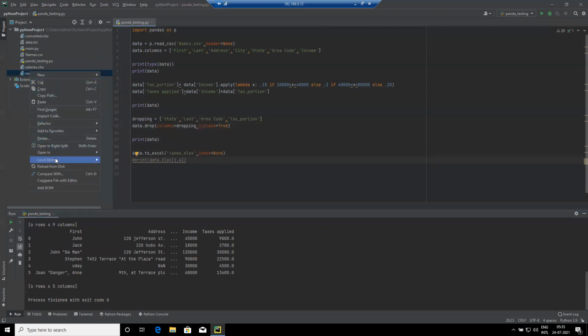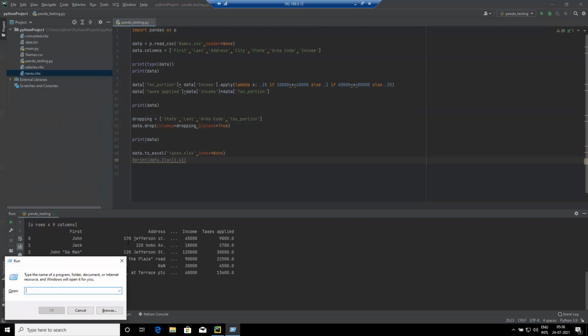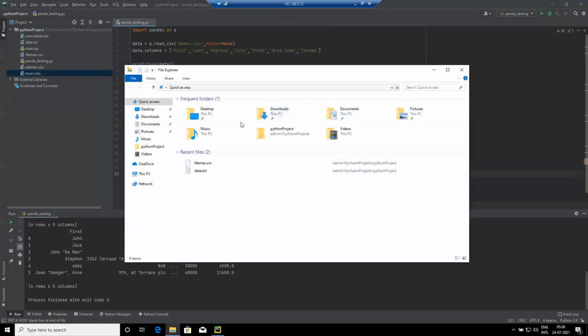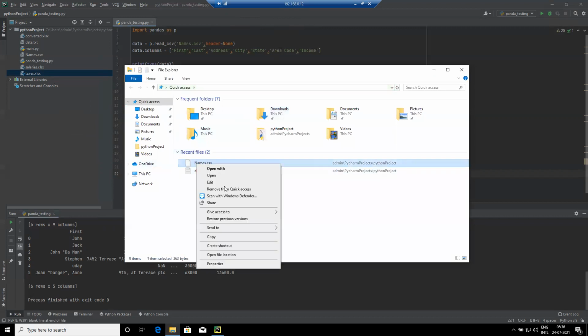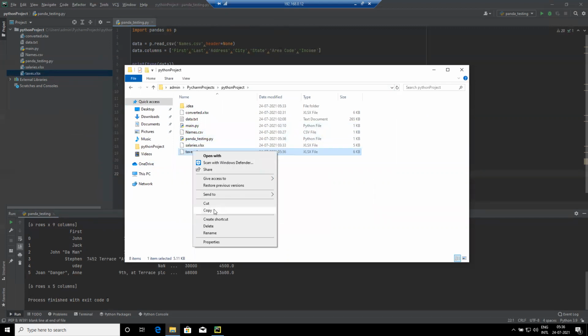Right click and copy paths. Should be very some folder. Taxes.